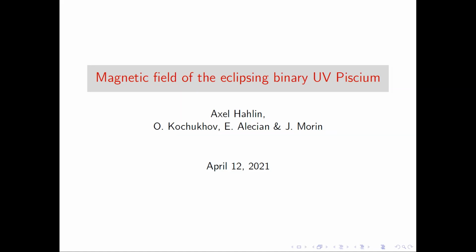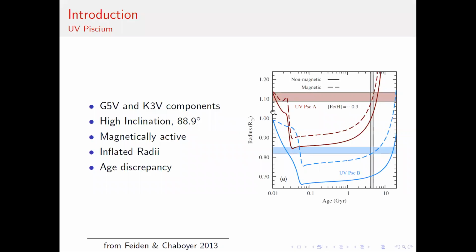First, I was thinking to introduce the star itself. It is an eclipsing binary. The primary component is very similar to the Sun. It's a G-type star, and it has a smaller secondary component of K3. The system has a high inclination, as of course implied by its eclipsing nature, and previous studies have found that